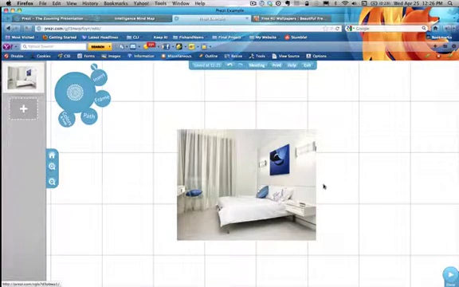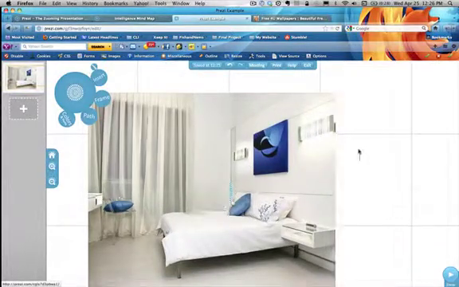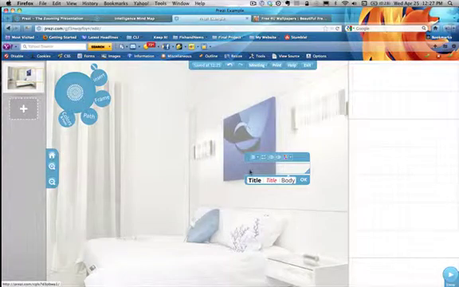Then I'm going to set up a text box. Now, if I just click on here, I've got the background image that I can adjust. If I zoom in a little bit more, so it grays out, anywhere I click, I can actually set up a text box. So I can type in, "This is a painting,"